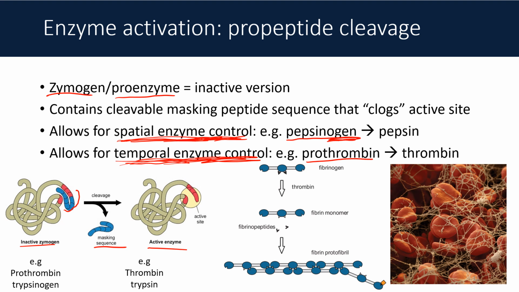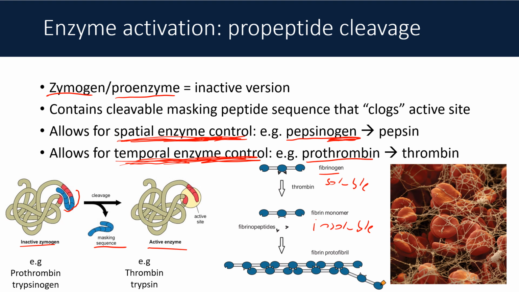Once that masking sequence is cut off, now thrombin is able to turn soluble fibrinogen into insoluble fibrin, which joins up into fibers that form this giant net, this mesh that traps blood into blood clots,